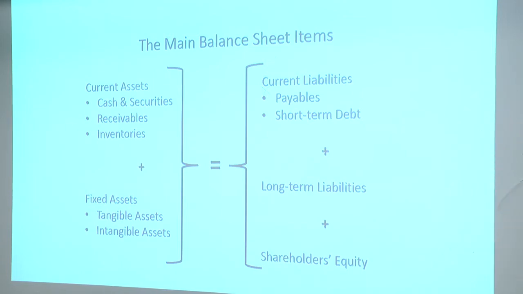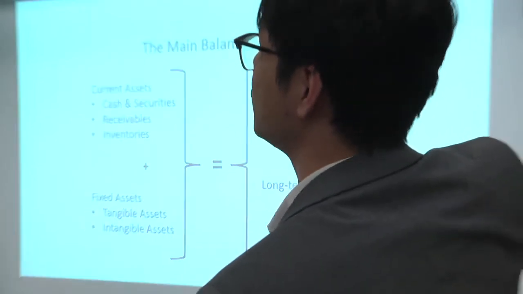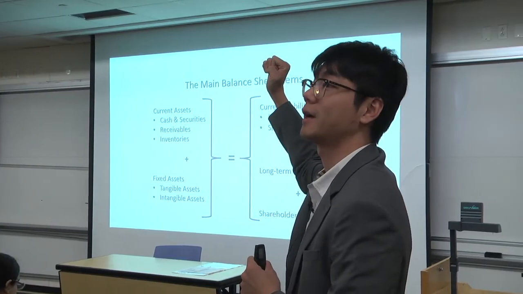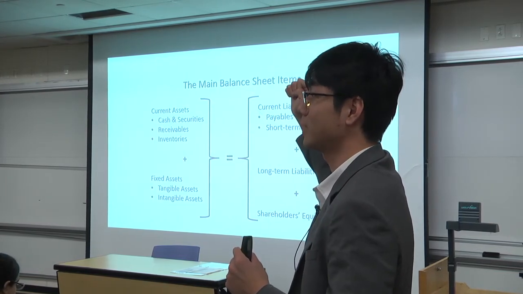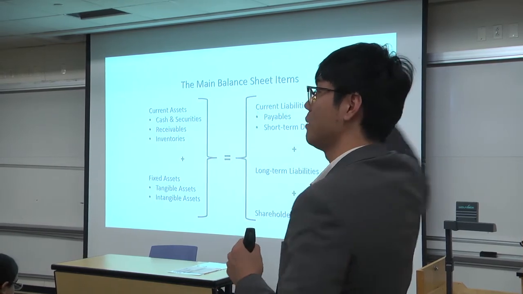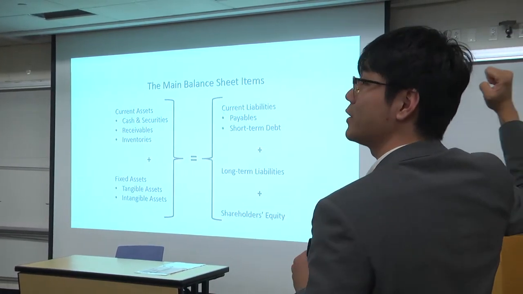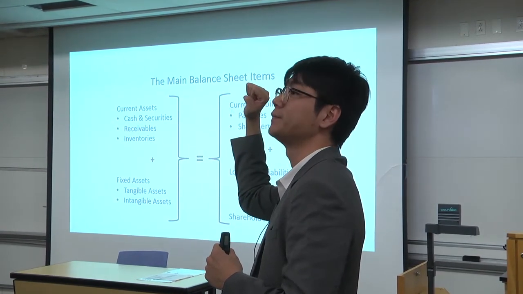So by principle, you should be even, right? You use all the money you have to purchase all the assets you have, okay? There shouldn't be an extra cent that you didn't use, or you're owing some money. All the money you have raised on the right-hand side should be equal to all the assets you have purchased or own on the left-hand side, okay?